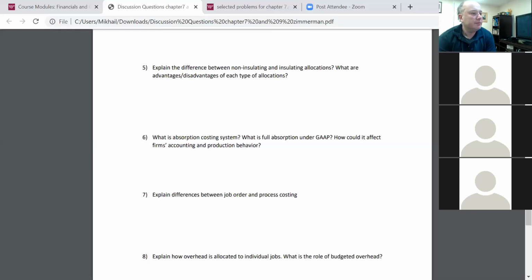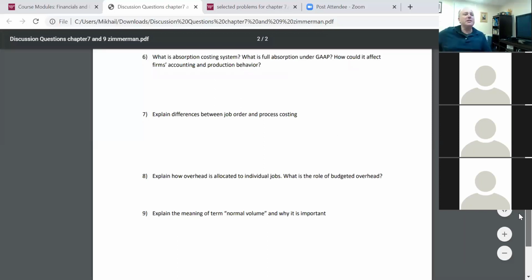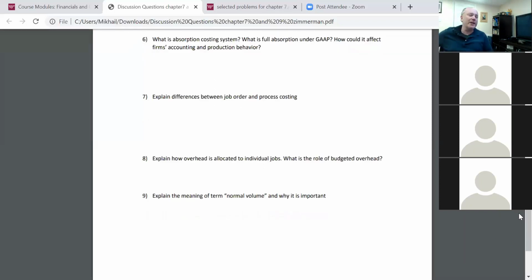How is the overhead allocated to an individual job? On the basis of the budgeted overhead. What is budgeted overhead? You take an estimate at the beginning of a year, you estimate how much overhead you will incur in total, and divide it by a budgeted driver, which might be budgeted labor hours, budgeted square feet, whatever that is. And that's a rate that you will apply. And then you just take this budgeted rate and multiply it by the actual observed labor hours that you incurred or something like that. And that's the allocation of the overhead for a particular job.